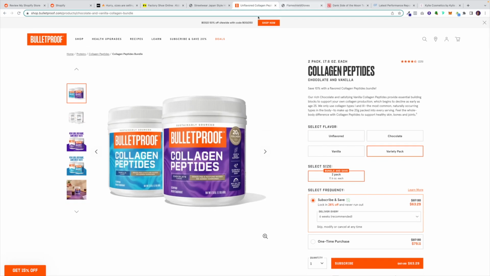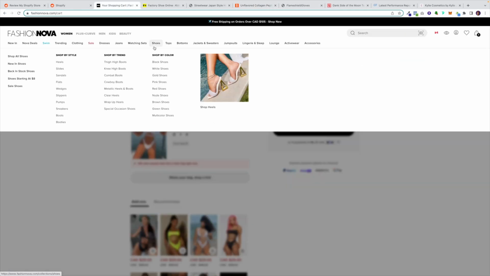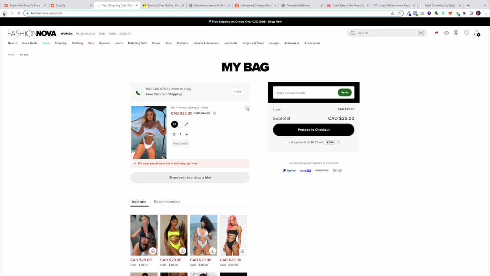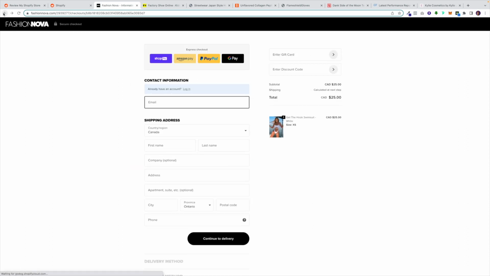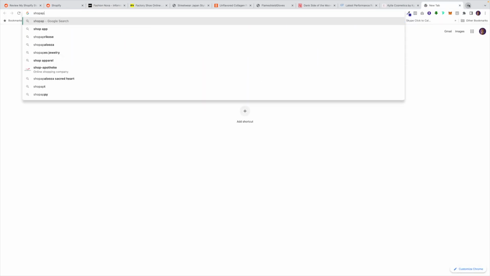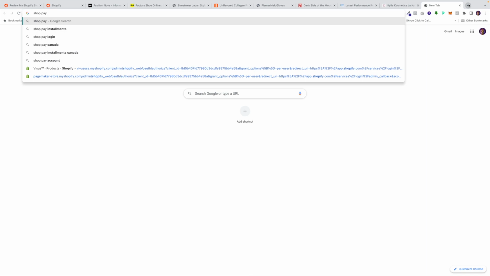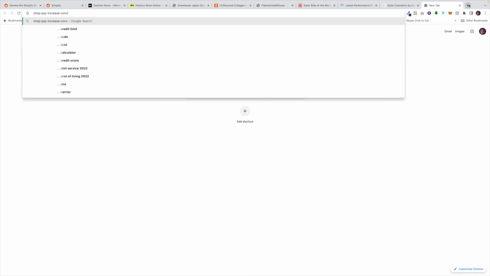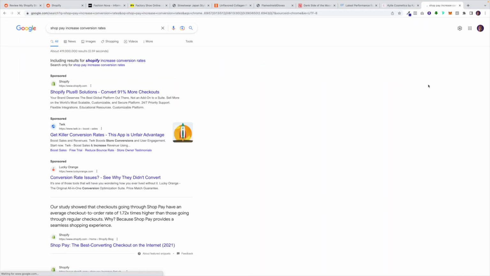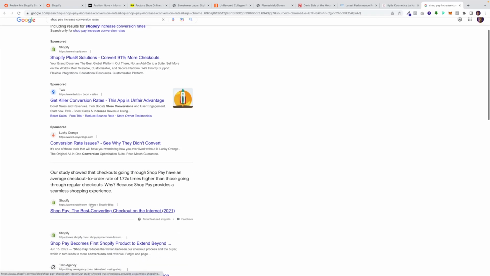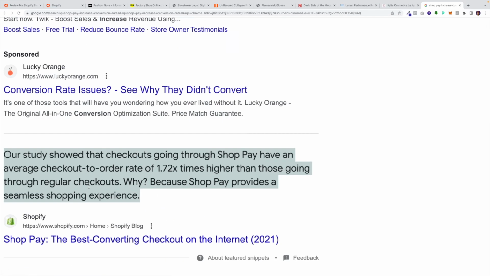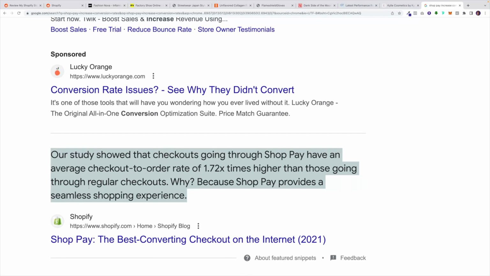This is going to allow your customers to have more flexibility. And by using express checkouts like Shop Pay, you're 100% going to increase your conversion rates. I believe if I quickly search for it, Shop Pay, it was an article by Shopify. Here we go. So this is on a Shopify blog,